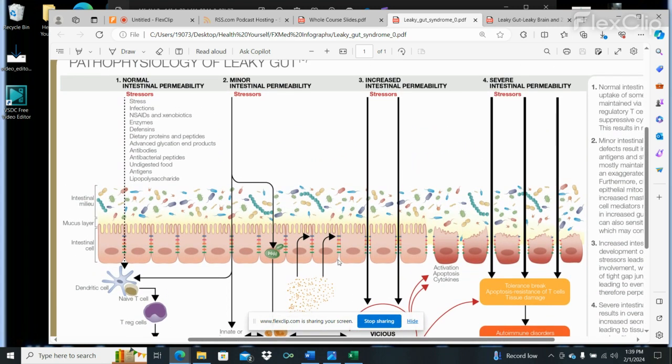So, what are things that can lead to wearing of the mucosal barrier? Like I said, your different stressors, infections, antibiotics, different foods, processed foods is a big one. Gluten wears away on it. And so what happens is